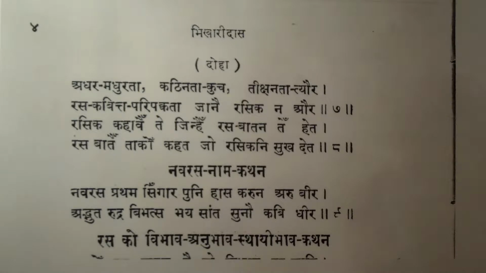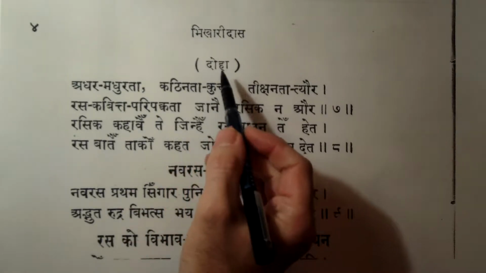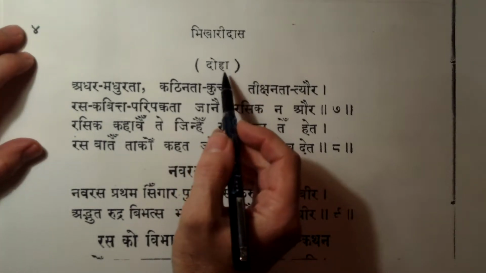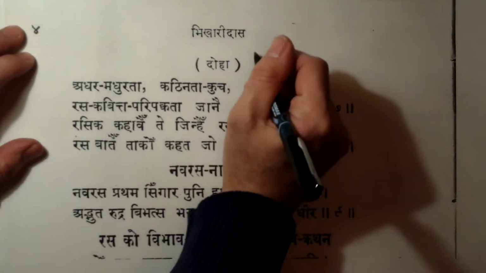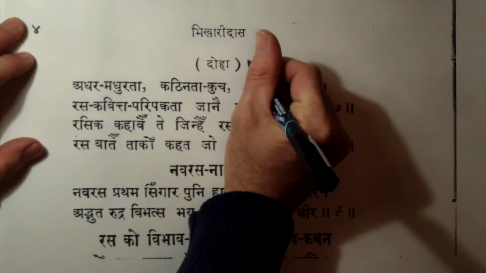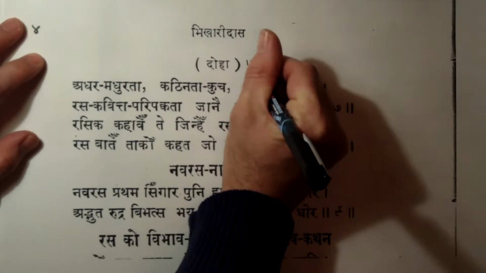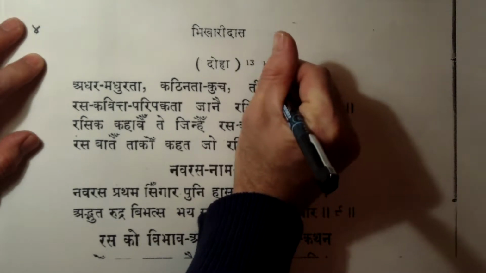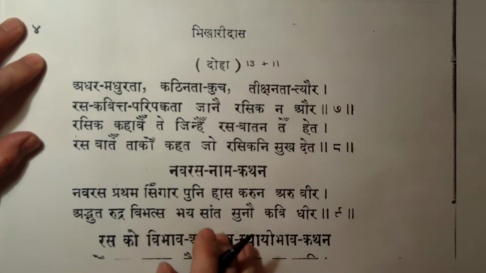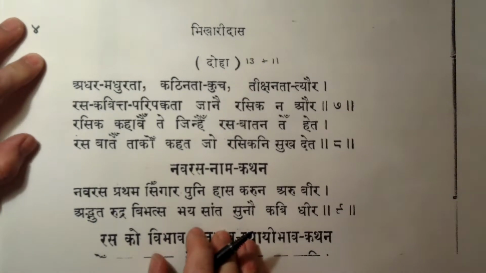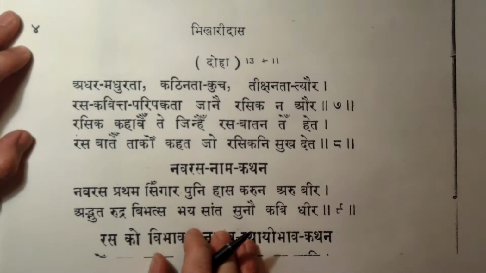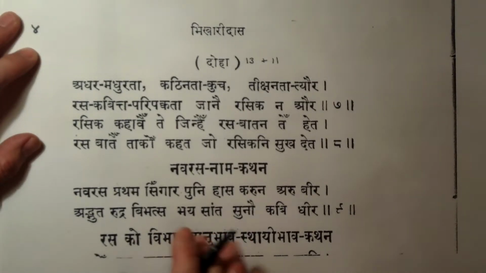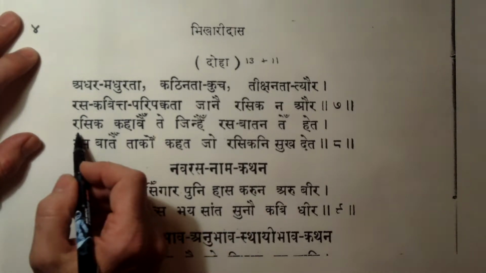Let's look at verse number 8. And you'll see at the top, our editor has noted that this is a doha, or that the following verses are dohas. And you will recall from class that a doha is a matric meter, which has in the first half of a line 13 matras, and in the second half of a line 11 matras. And we can use this to help us break down a verse or a line into smaller, more manageable parts. So let's start that process with the first line of verse 8.